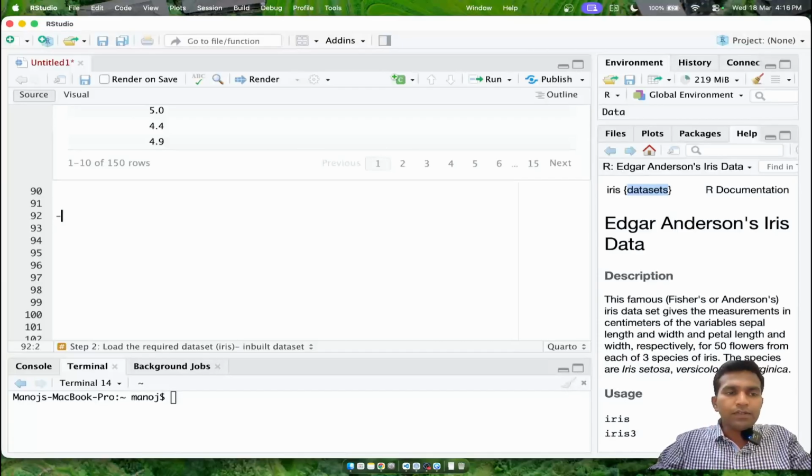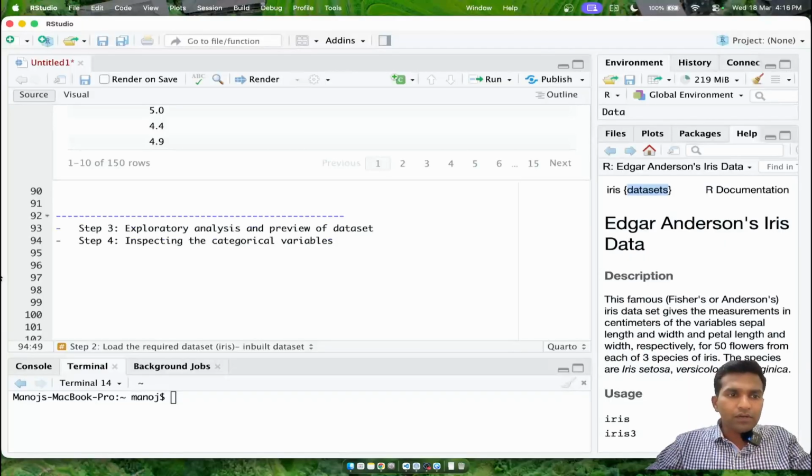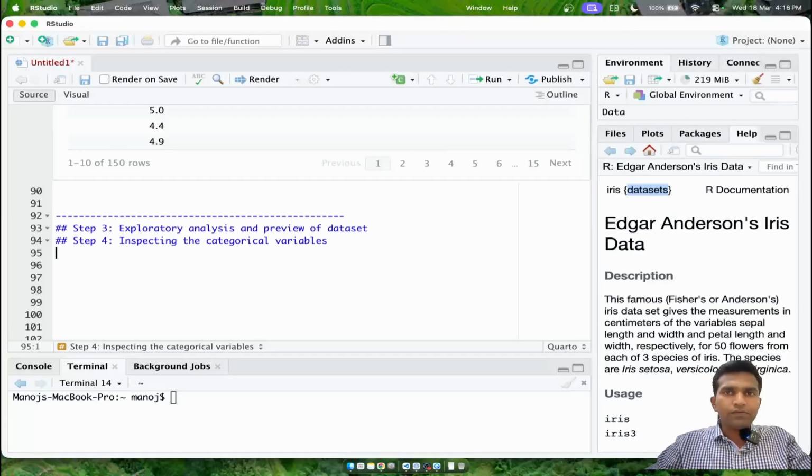In this particular video, we will progress and we will see the categorical variable. Because we have completed already step 3, I'm not going to repeat step 3 in this particular video. We'll be directly going to step 4 in this video. So as a part of step 4, what are we going to do? So this is our categorical analysis